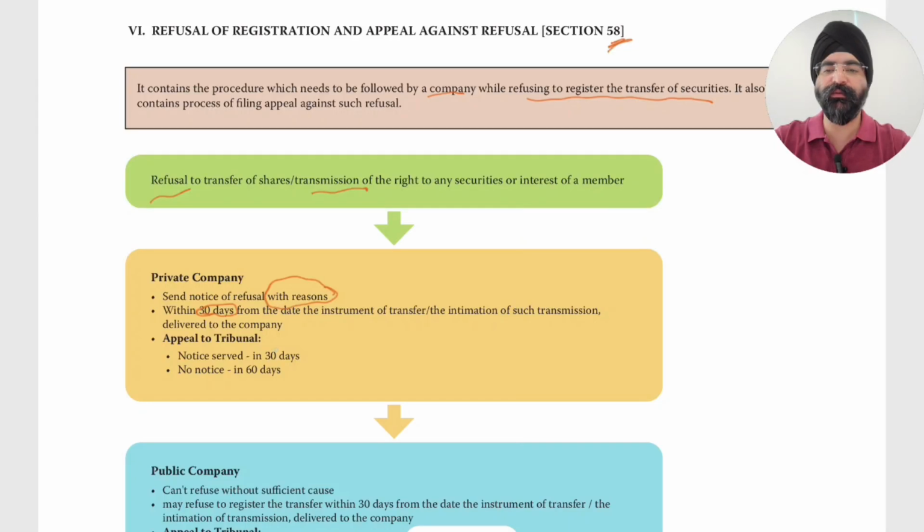Next is appeal to tribunal. Notice served in 30 days. No notice in 60 days. Okay. Now, what is the meaning here is that appeal can be filed if suppose,